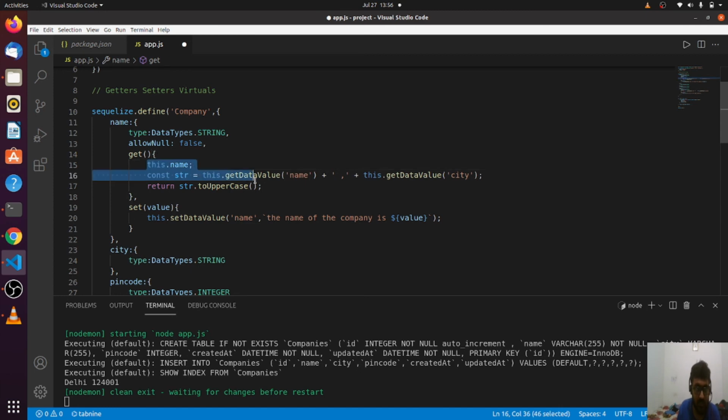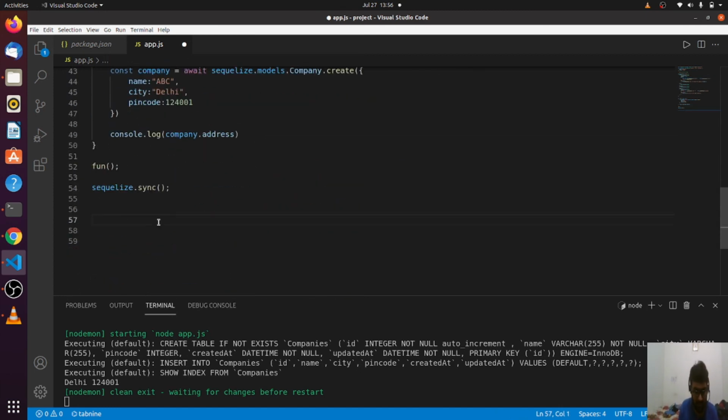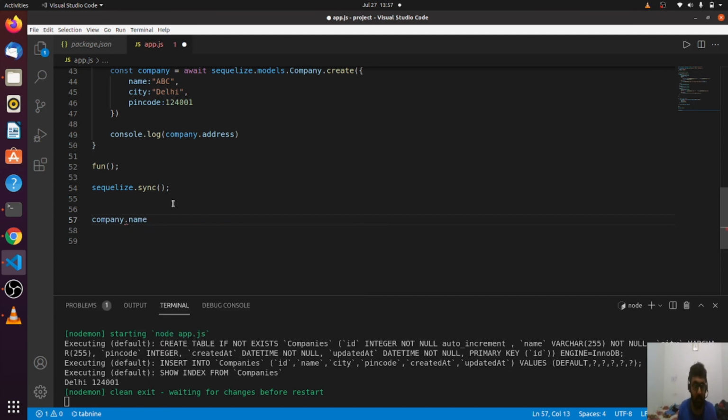This is because, let me tell you, whenever I have a reference to a company and I do this dot name, what happens? I told you earlier, it calls the get method, and whatever it returns is what gets consoled. So whenever I call this, it will call the get method.